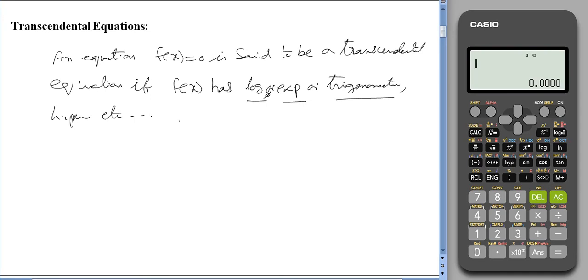Simply, it is not an algebraic equation because it contains some logarithmic, exponential or trigonometric functions, etc. For example,